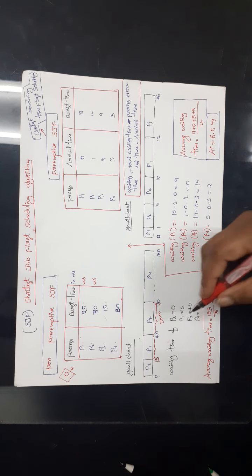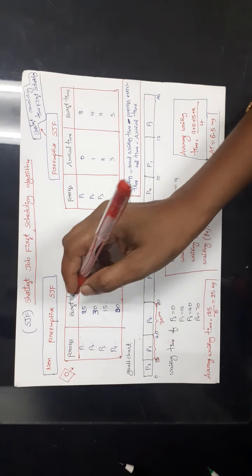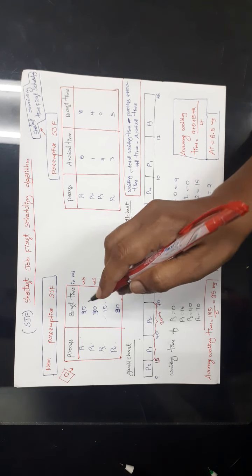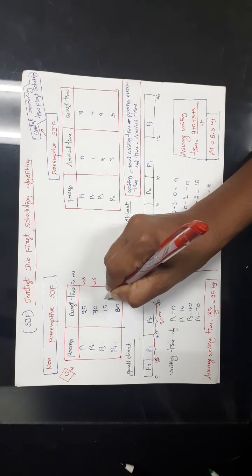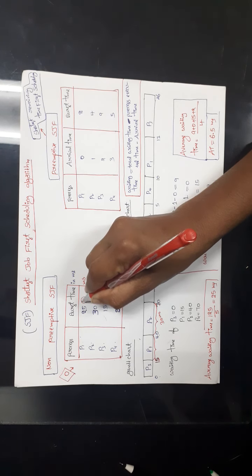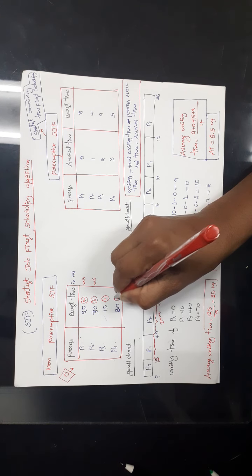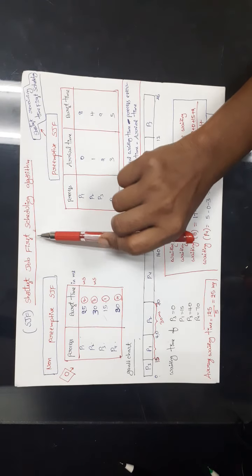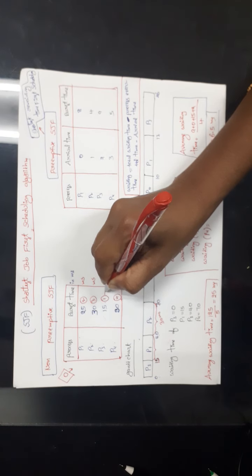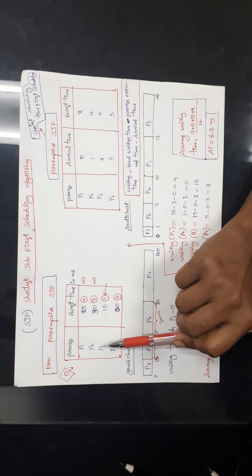Here we will try to calculate the waiting time. Before that, if you observe all the processes' burst times, which process has the shortest burst time? P3 has the shortest burst time. Next, P1 has the shortest burst time. Next P2, then P4. In the shortest job first scheduling algorithm, the process which has the shortest burst time will be executed first. That means first we should give the CPU to the process P3.